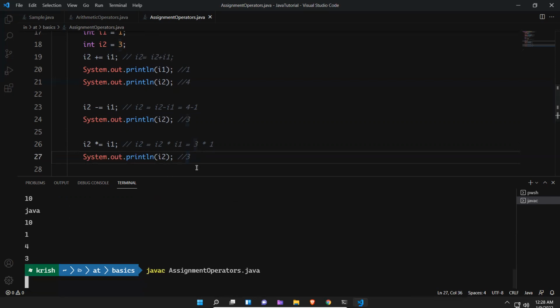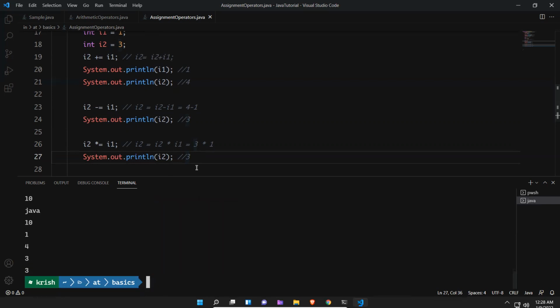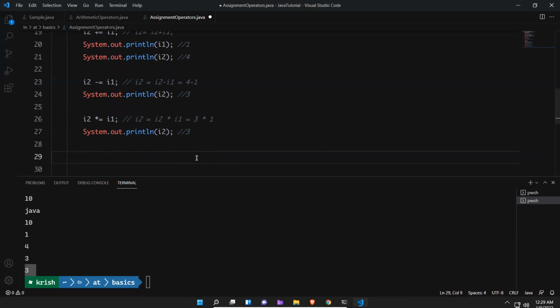Let me compile again and let me run again. You see that here also the last value is 3. Now what we can do is the same thing for division. I2 division equals I1.